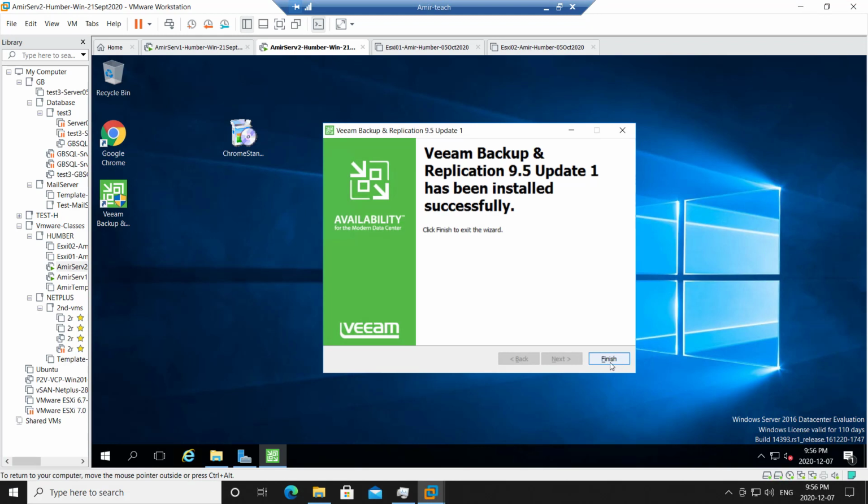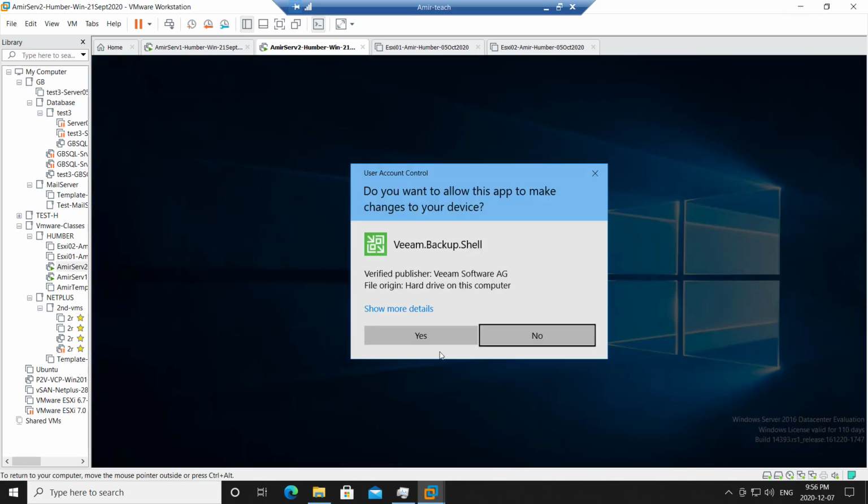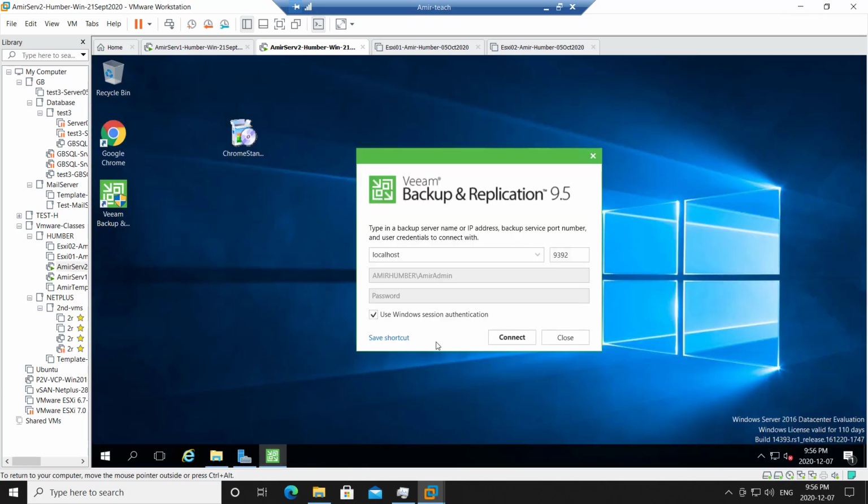Alright guys, so it is installed and finished, and I'm gonna start the software. It didn't ask me for a restart, so I'll take benefit of that and start this software now. This is the port to connect, and I'll click the connect button.